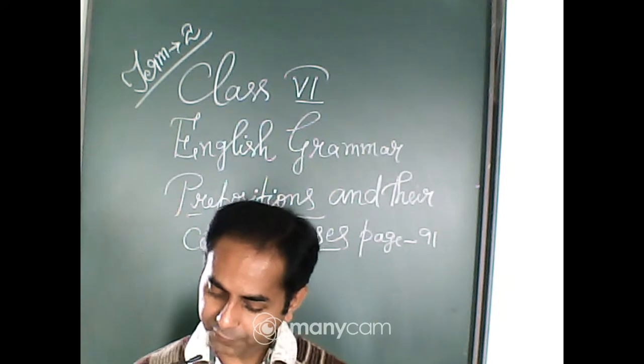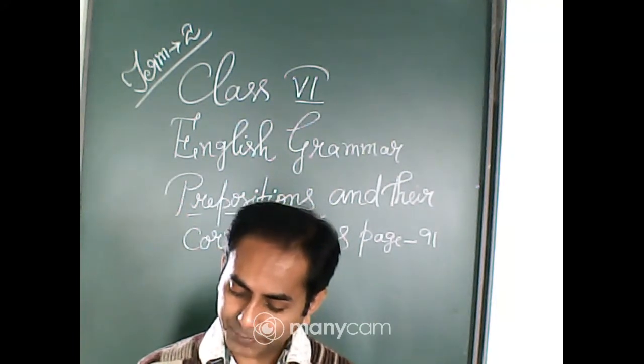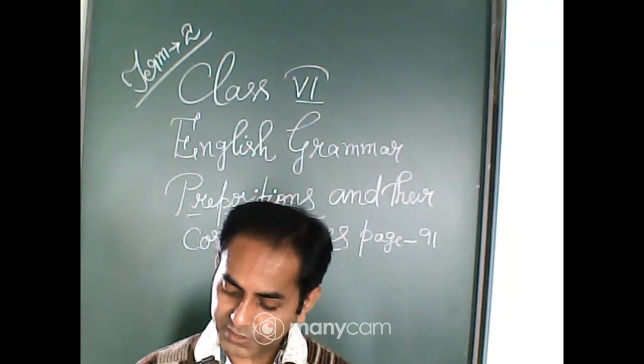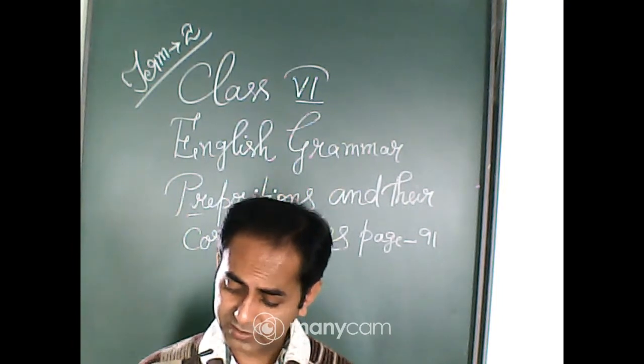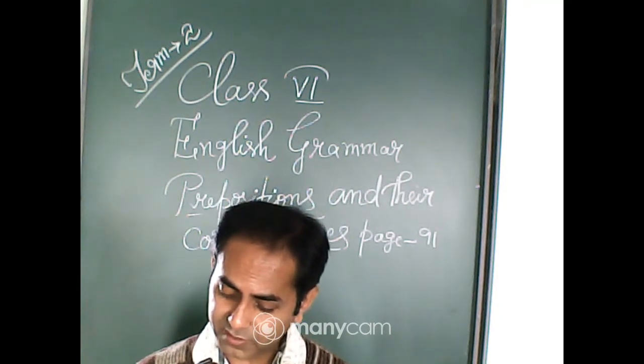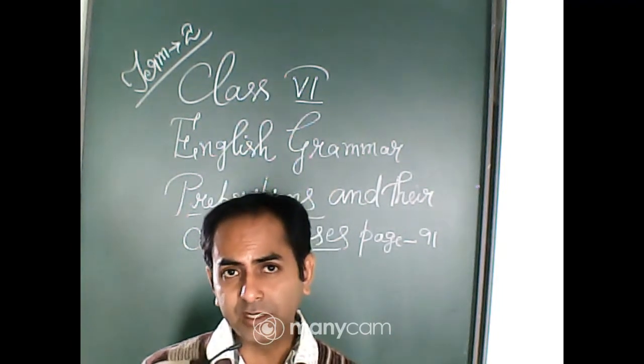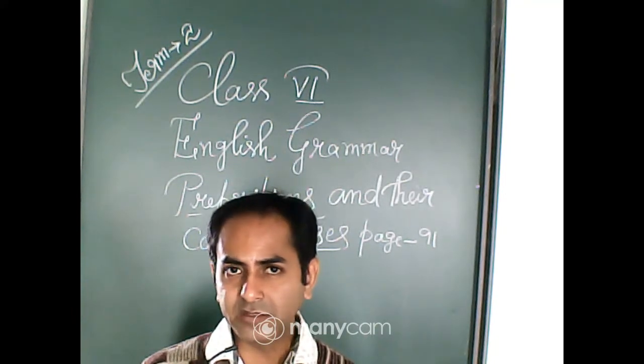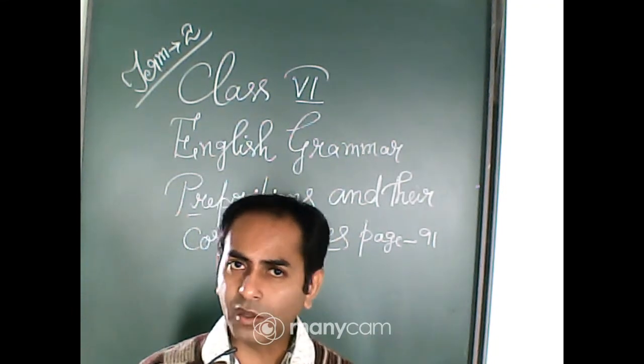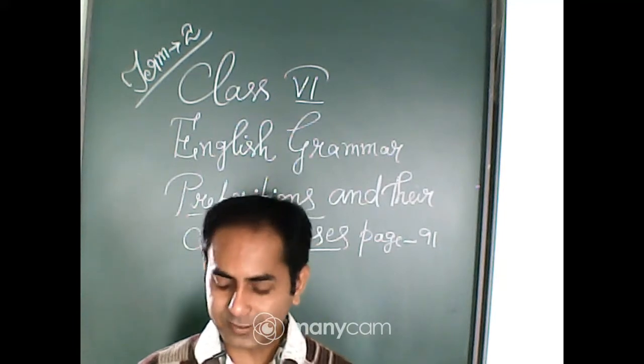of the preposition from. Now underline the prepositions and circle their objects in the given sentences. The first one has been done for you. It is also very easy. You will complete this one, and likewise we will discuss the answers in one of our offline videos or live classes.